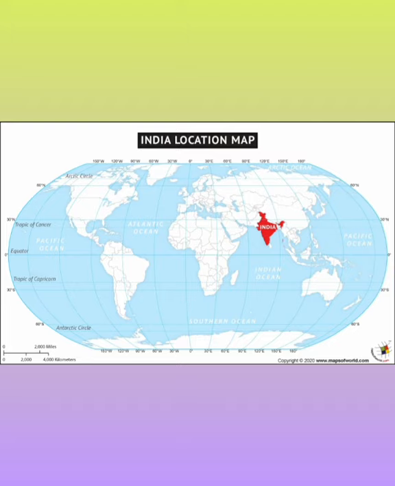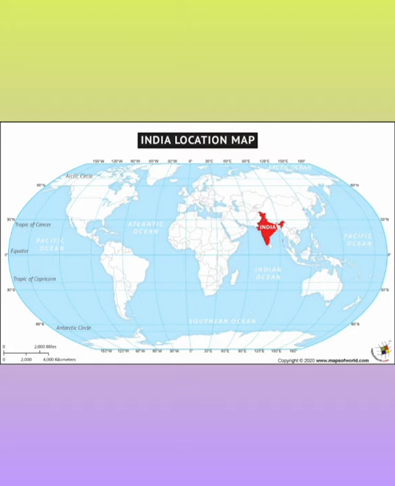Now, India has a very favorable location with respect to international trade and commerce. Since it is located in the northern and eastern hemispheres, it is situated in the southern part of Asia at the head of the Indian Ocean, and there are two other water bodies, the Arabian Sea and the Bay of Bengal, located around India. So this location is very favorable for increasing trade with different parts of the world.